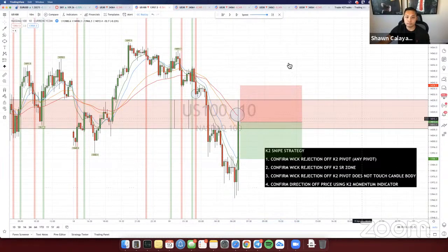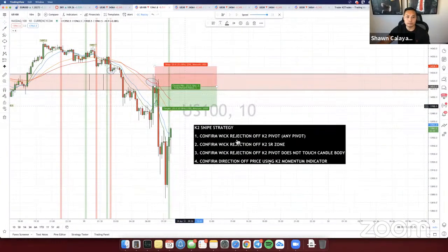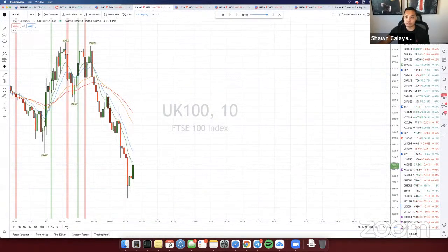Yeah, if you guys ended up taking this trade right here for the NASDAQ, full TP right there, right? With little to no drawdown. The other one you guys like to trade is S&P during the US or UK 100 as well. If you guys are trading this over here,